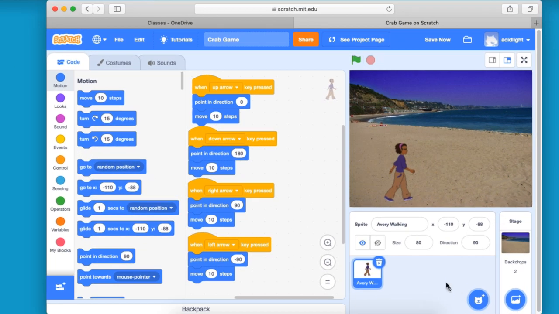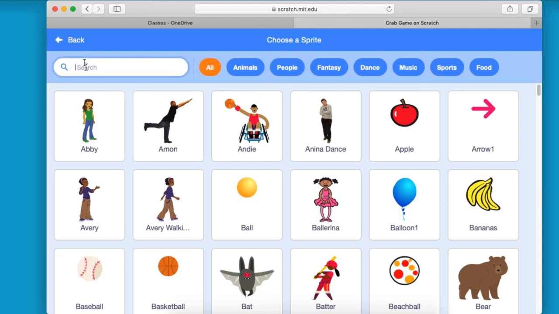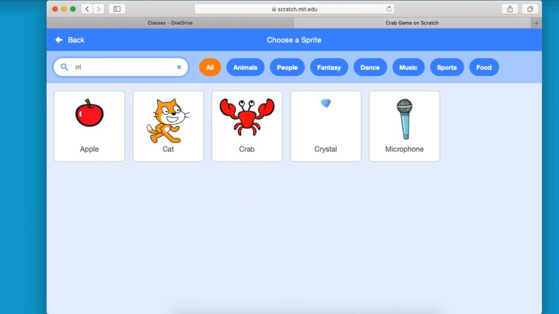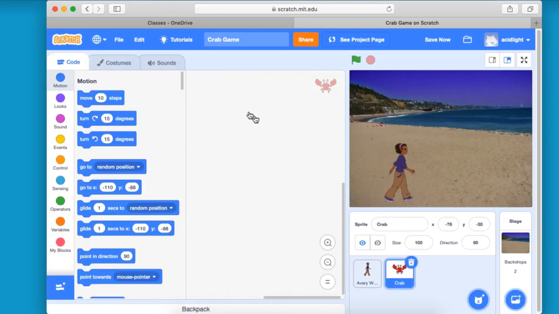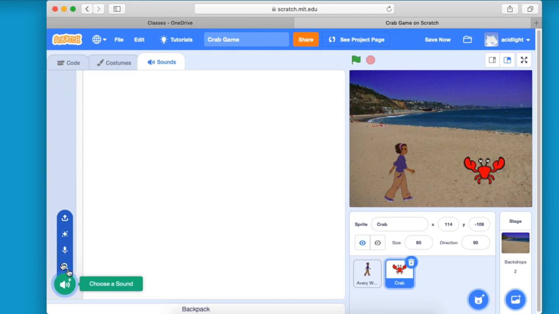So we're going to need to choose our second sprite. And because we are on the beach, I am going to go for a crab. Right, and our crab's a little bit too big, so I'm going to resize it down to 80. And we need to go and do a couple of things. Well, the first thing is, and we'll see why it all ties in, I want you to go to, with the crab selected, to go to sound. We don't need pop, but go and choose